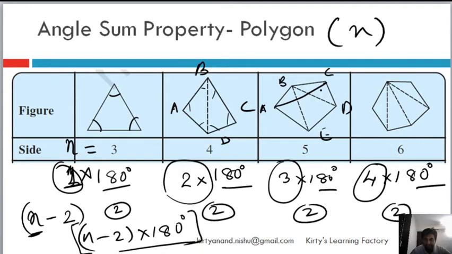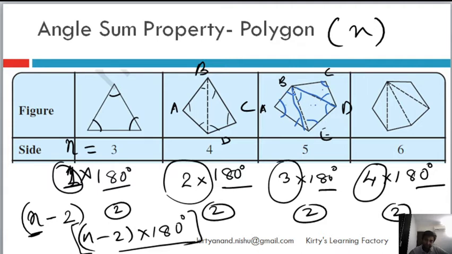You are right, we can form it, but then this angle we have already covered in this triangle. So what I mean to say is that we have to form triangles in such a way that no angles are repeated and they are consecutive. The way we are creating triangles is that this side is common in these two, then again this side is common in these two, and we are covering all the angles of the polygon just once, and we are not leaving any of the angles. So that's the idea.